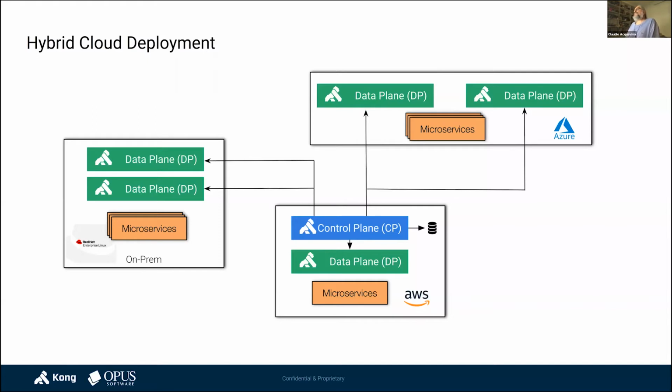Again, the point is, you want to go hybrid. You want to go with deploying your microservices in multiple environments instead of dealing with a single one. And then because of that, you should have a more flexible API gateway in order to support your microservices,